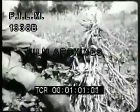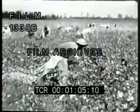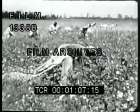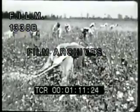And peanuts are a few of the crops that are changing the pattern of the plantation system. That system has been changing over a long period of time, but its economic and social patterns have left a lasting influence on life in the South. Today, if we visit a social gathering in the South,